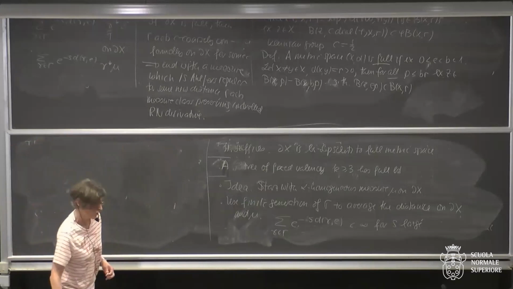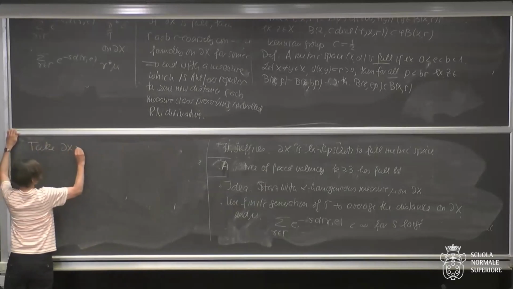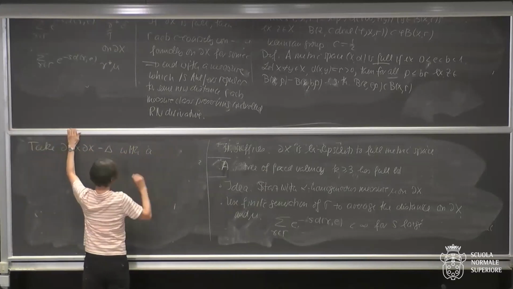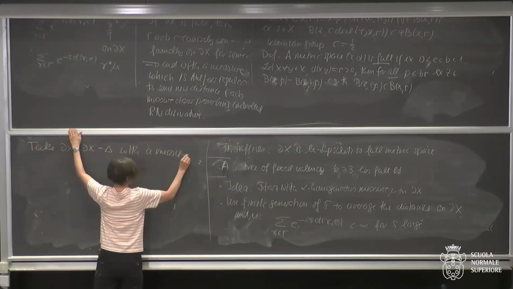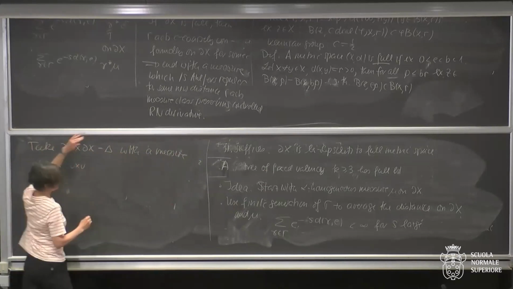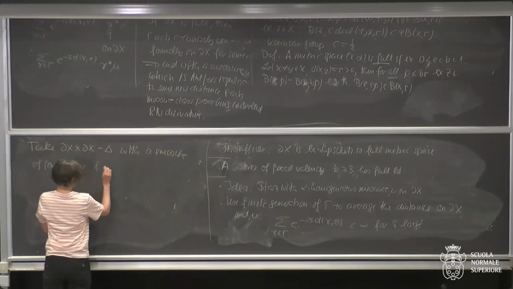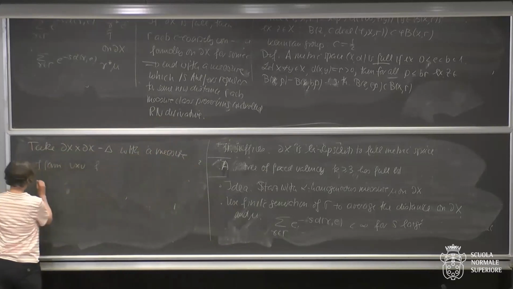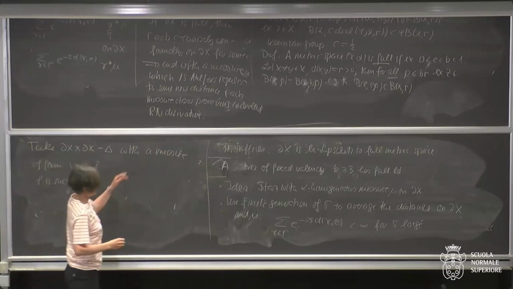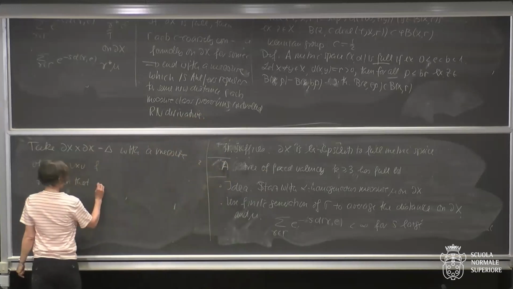The space where you do get the representation is the boundary cross the boundary minus the diagonal, with a measure of the form nu cross nu, where nu is your new average measure, times a function f in two variables. You have to show that you can arrange this, but this is due to the fact that the group acts C-quasi-conformally. So f is such that the